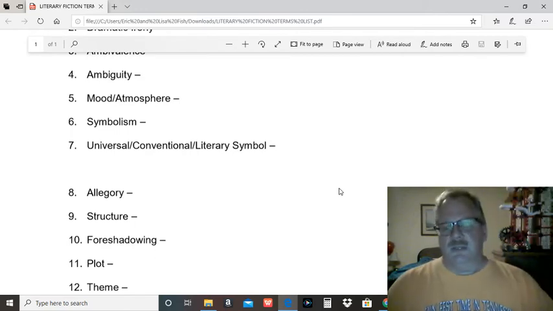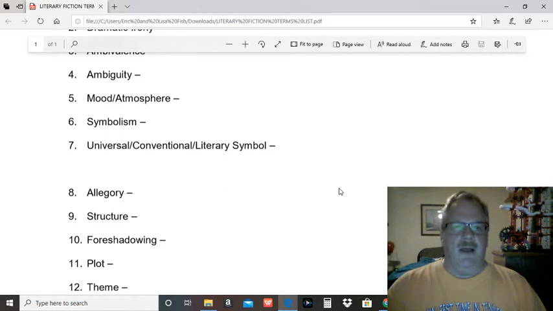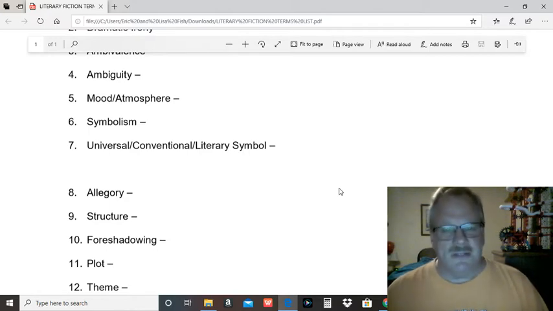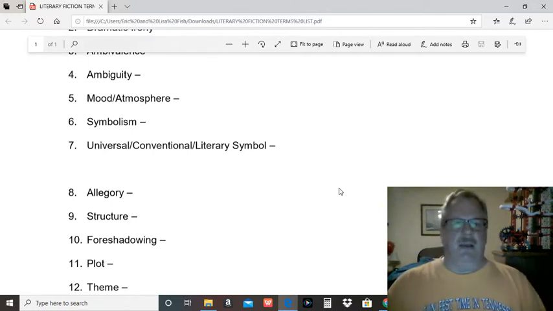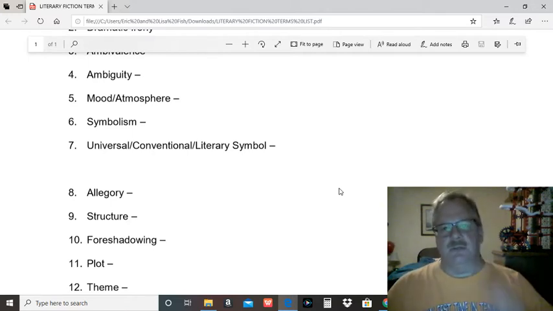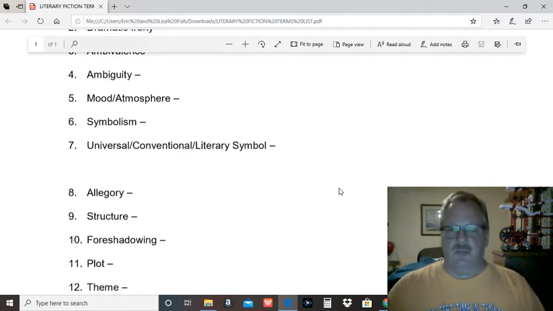Literary symbol, something that just happens within a work. A strand of iron gray hair is not something that means anything to our culture, or it's not a universal symbol, but it sure means a lot within A Rose for Emily. All of a sudden you realize, like, same thing, that little handprint on Georgiana's cheek and the birthmark, very much a literary symbol that Hawthorne develops only within that one particular work.